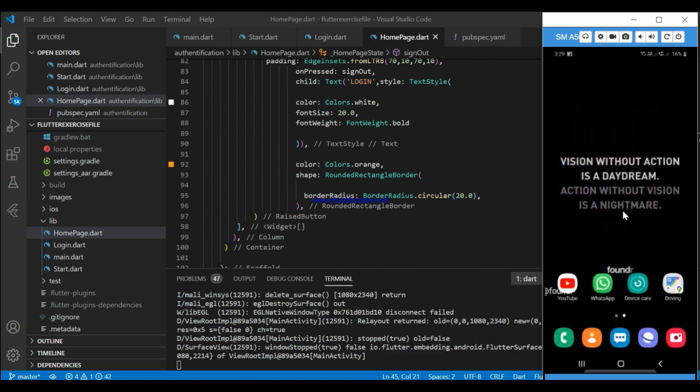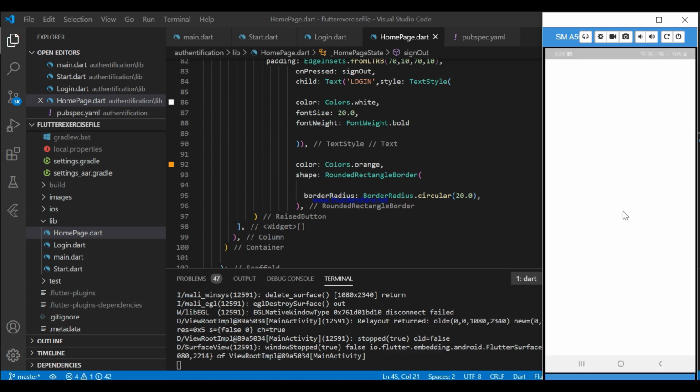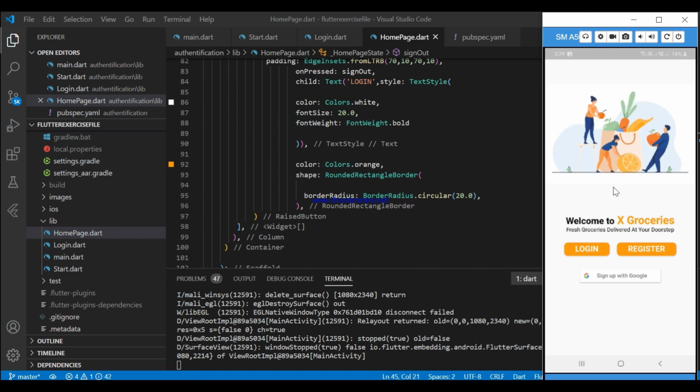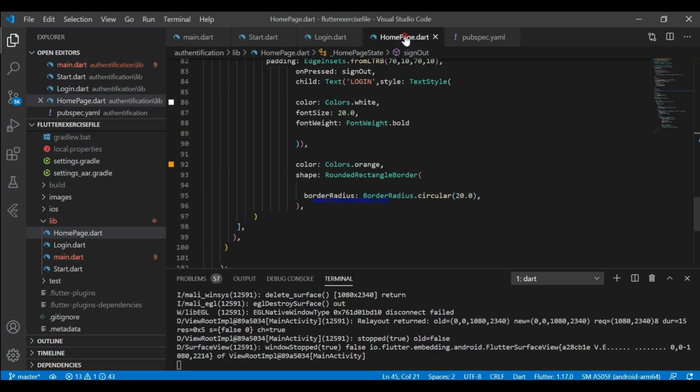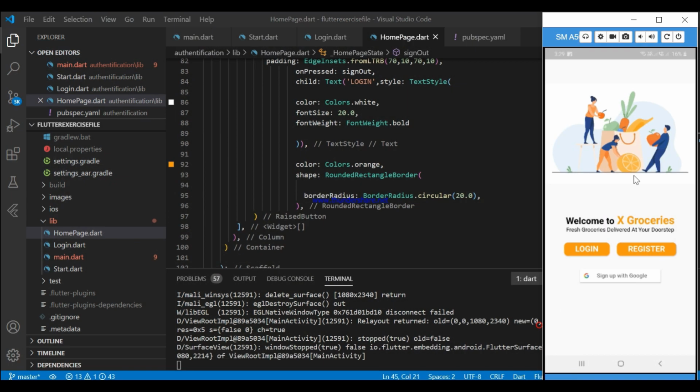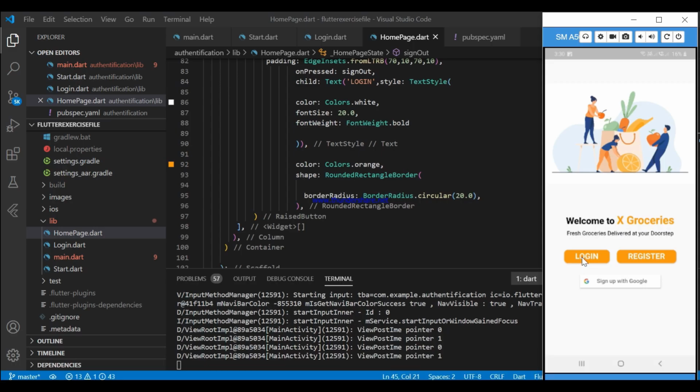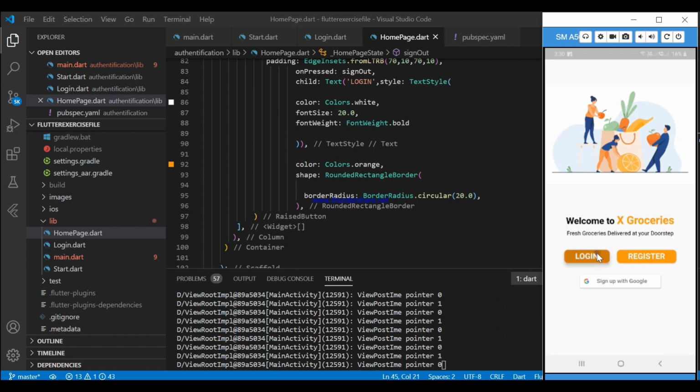Now look, start screen will appear. Now listen carefully. Initially the home page will appear, but user is null, meaning it doesn't have email and password, so home page redirects me to start page. Hope you understand the concept I'm trying to tell you. We have already created the class for login screen. Let's create a method so that when we tap on login, the start screen will redirect us to the sign in page.